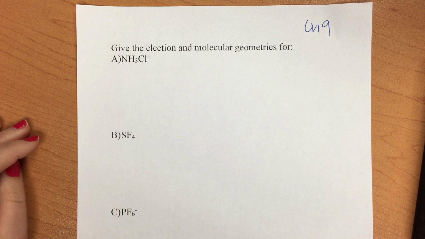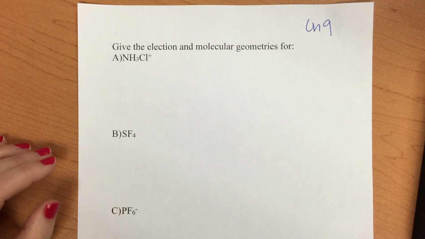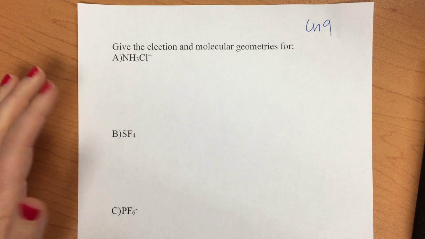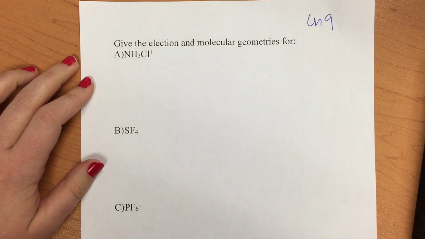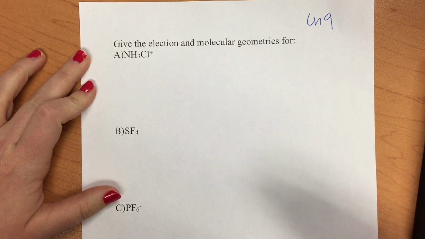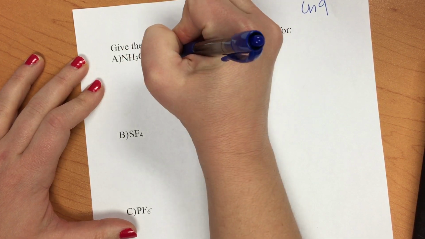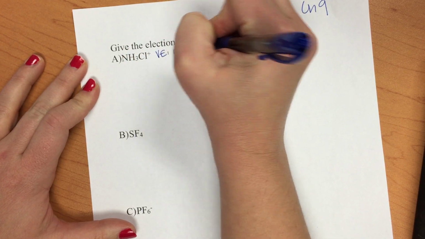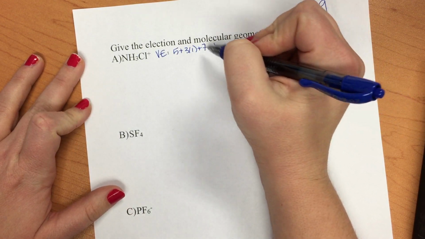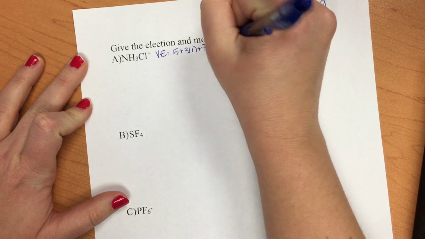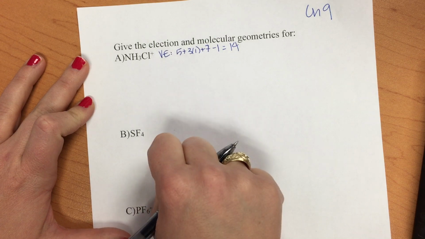In this example, you want to give the electron and molecular geometry for 3 different compounds. In order to do this, there are a variety of steps to get to the ability to answer these questions. The first step is to draw the Lewis dot structures for all of these. Well, the first step is to calculate your valence electrons. So we have 5 plus 3 times 1 plus 7 minus 1, which is going to be 14. So you lost 1 due to a positive charged ion as opposed to gaining 1 for a negatively charged